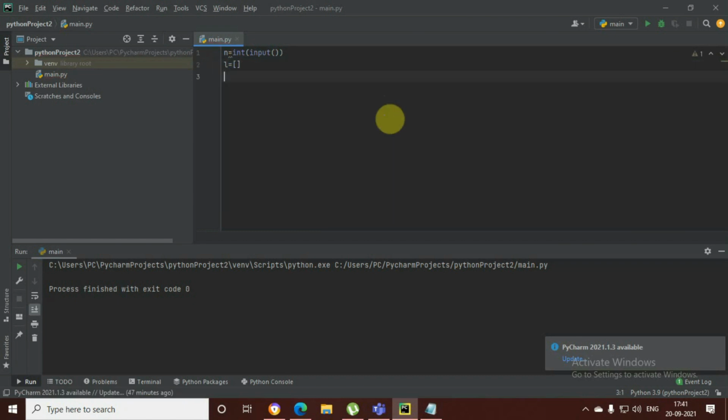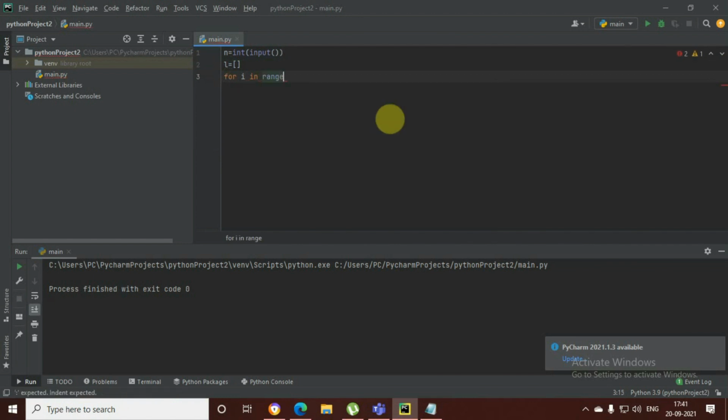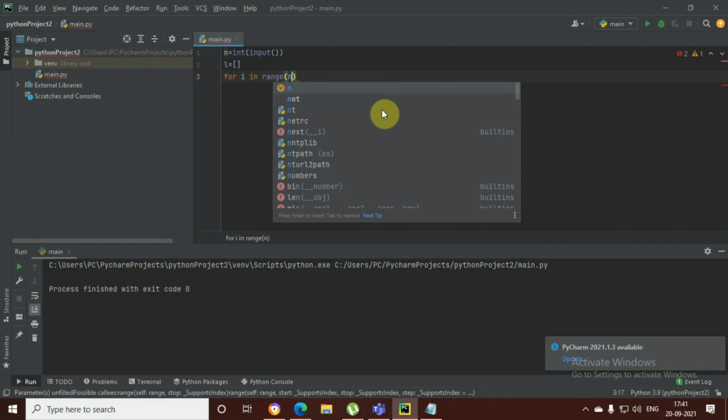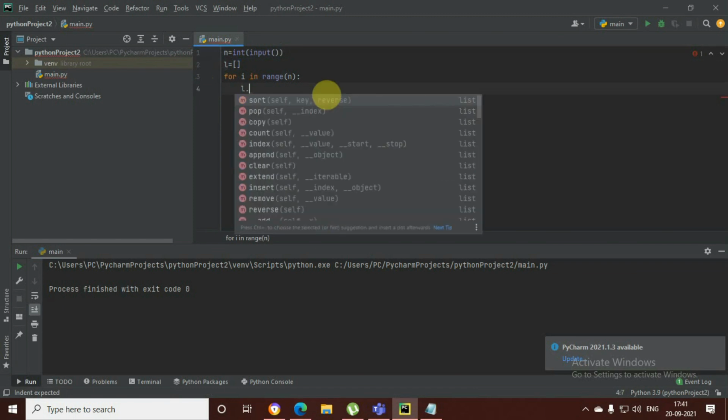We'll create an empty list and for i in range n, we'll take the input of all the array elements and store it into the list, l dot append.